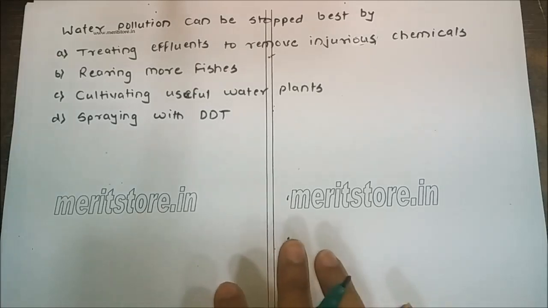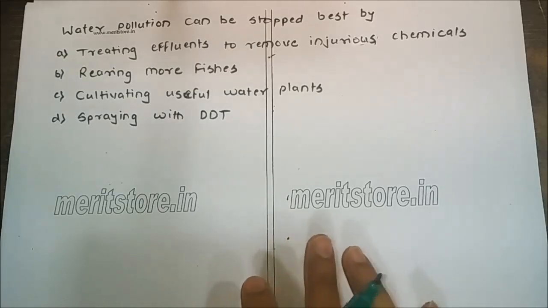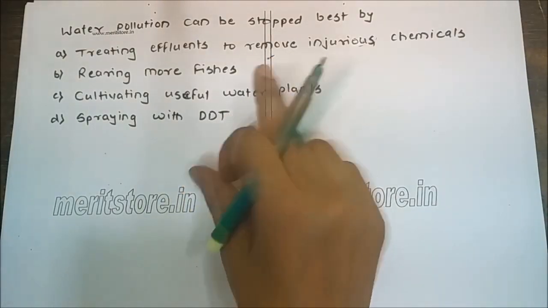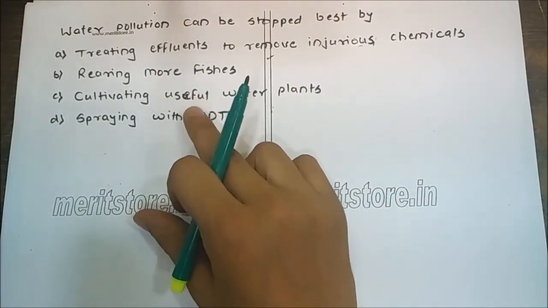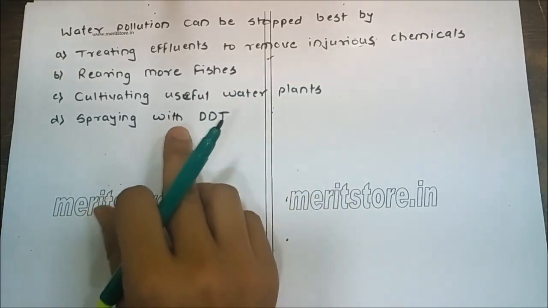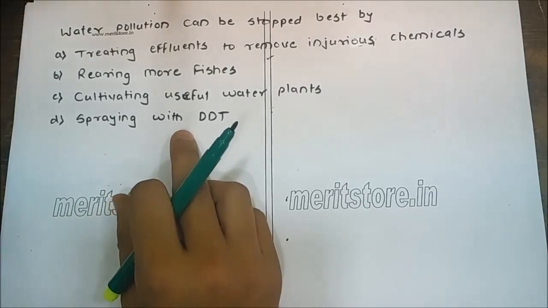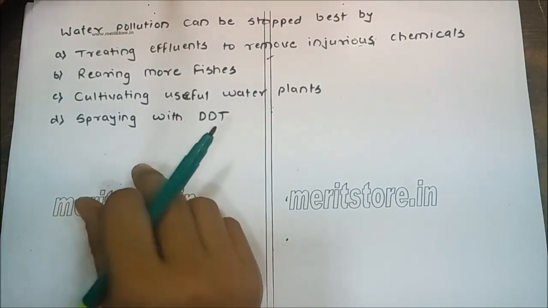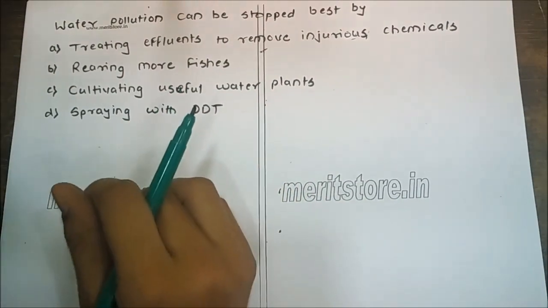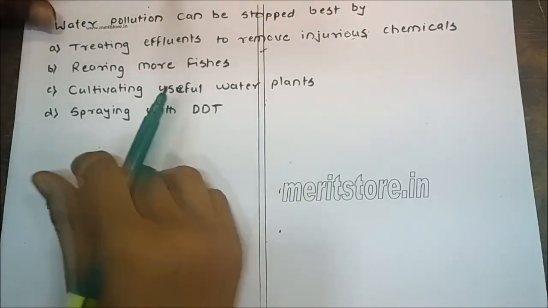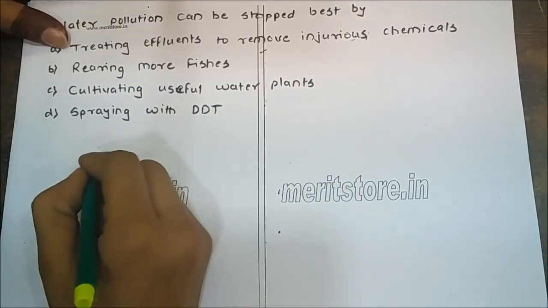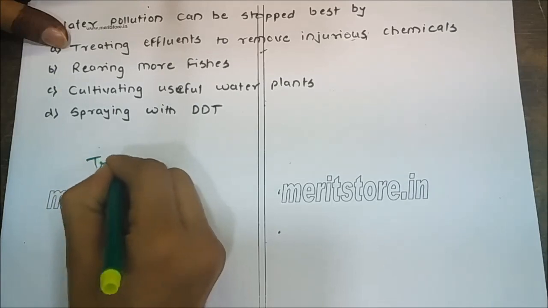Water pollution can be stopped best by treating effluents to remove injurious chemicals, rearing more fishes, cultivating useful water plants, and spraying with DDT. So the water pollution can be stopped best by treating effluents to remove injurious chemicals. By treating effluents, we can